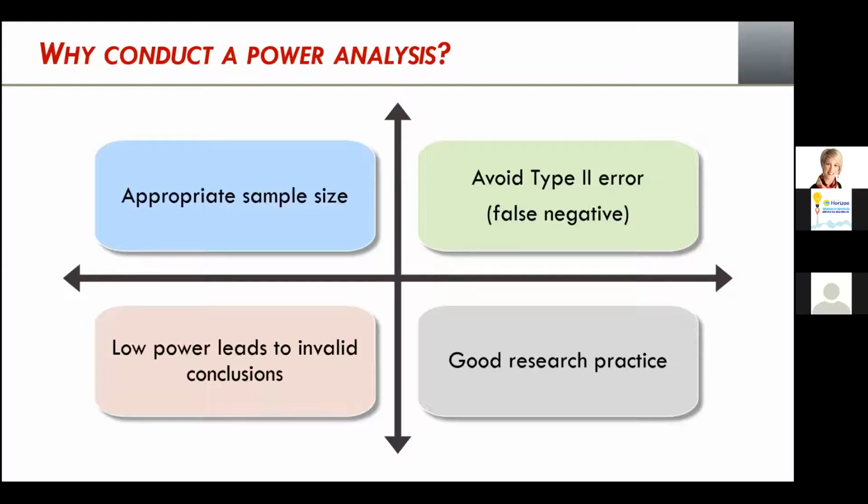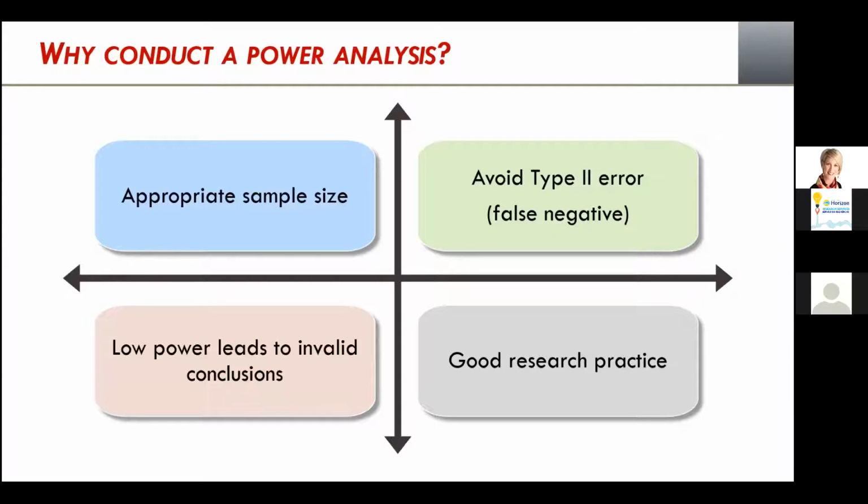The second reason is that higher statistical power lowers the probability of making a type 2 error, which is a false negative. So in the asteroid example, that would be my situation. The binoculars that I used didn't have enough power, so I incorrectly concluded that no asteroid exists, when in fact it is there. So I made a type 2 error, a false negative error, and we want to avoid this in research. At least minimize it as much as we can.